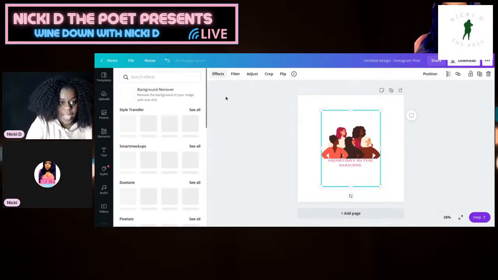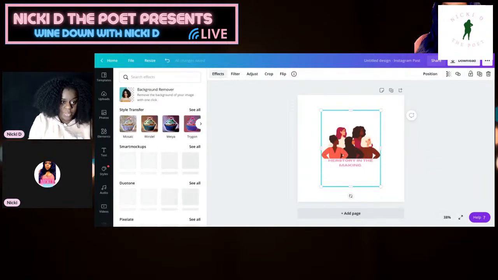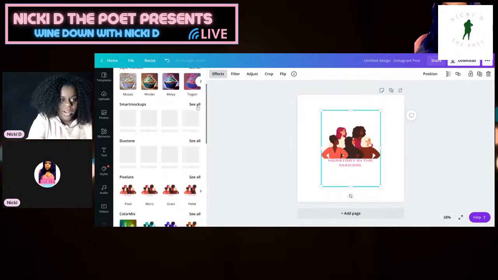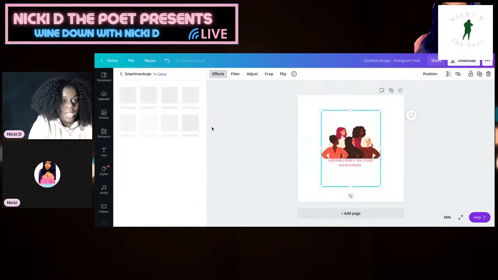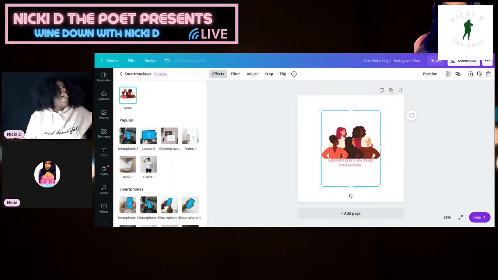And there's this cool new feature that Canva actually has. If you go over to effects now, this isn't a part of the free feature. You would have to pay for this part. But you can do so much on Canva, it really is worth paying for it, in my opinion. So if you go right here to smart mockups, then you can actually create a mockup in Canva. That's completely amazing,